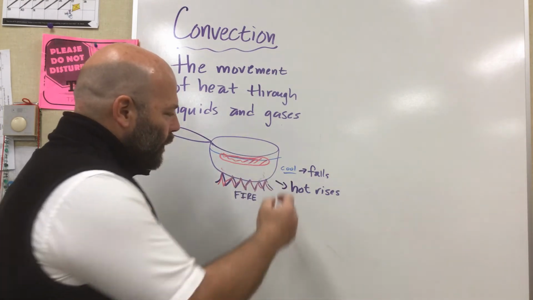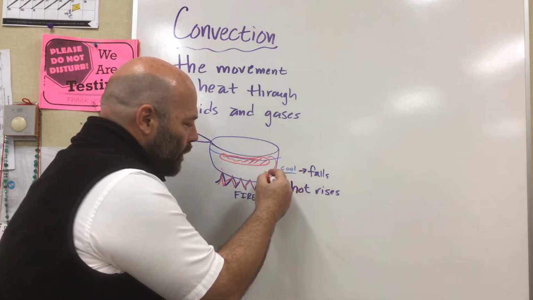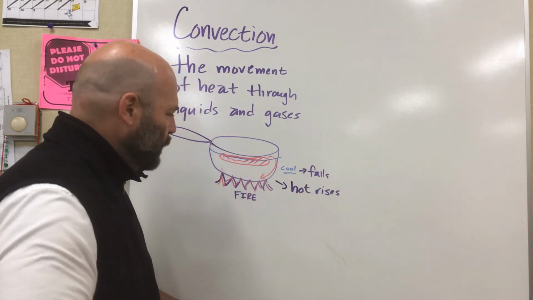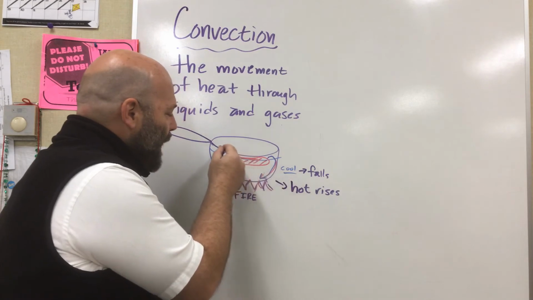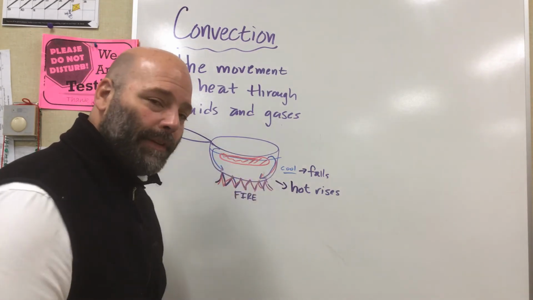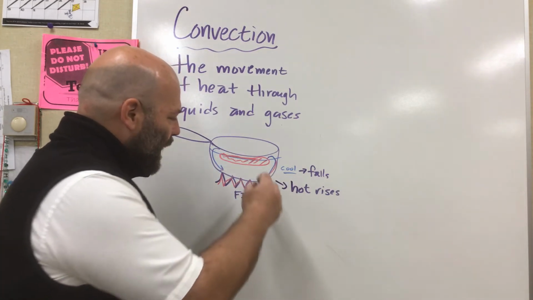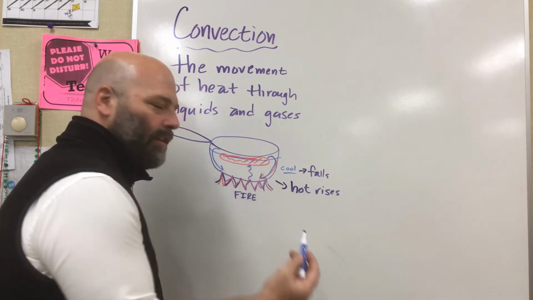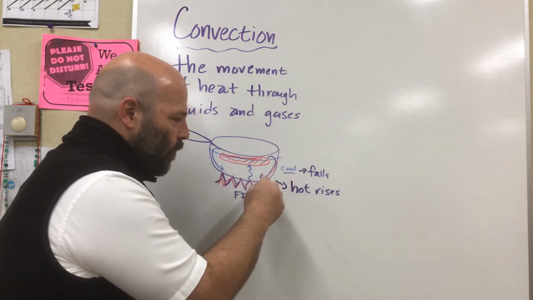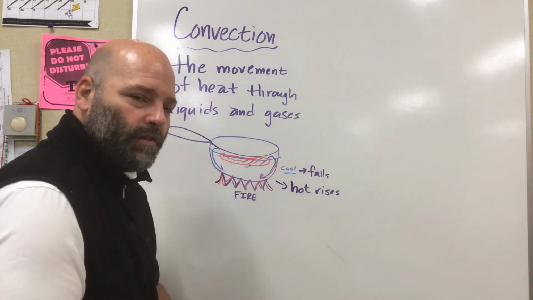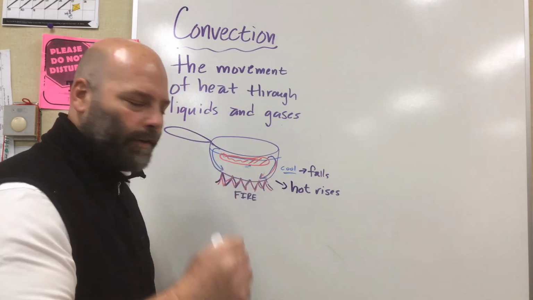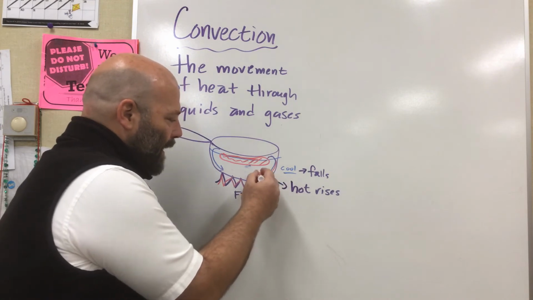So now you've got the hot water up here. All right, the cold water, I should have used the blue for that. The cold water is going to dump down to the bottom of the pan. It kind of gets this little action right here. Hot goes up, cold comes falling down. So once that cold water falls to the bottom of the pot, then you